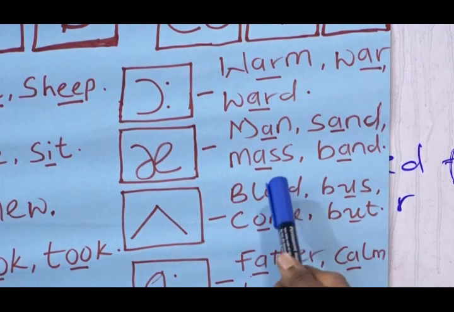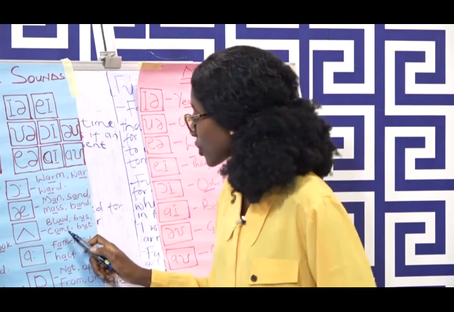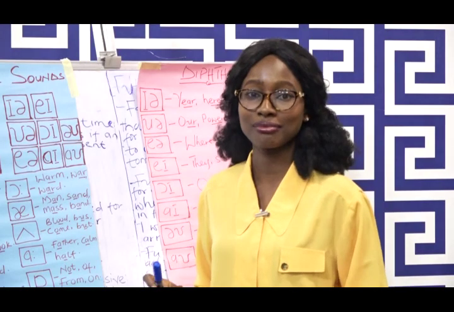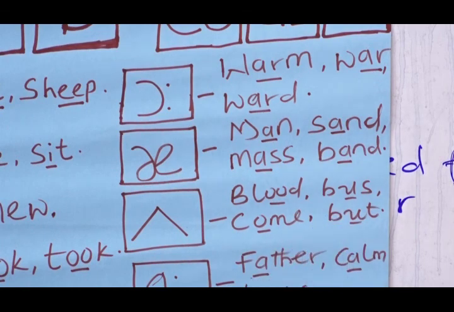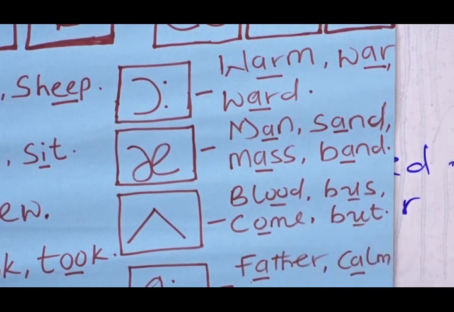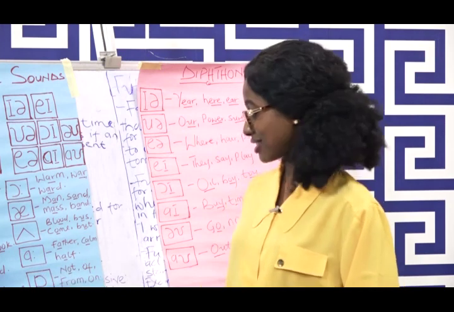So you can find it in blood, bus, come. So this is not pronounced come. It is pronounced come, come here. So this is the sound. Now you have another example, but. So we have the sound,